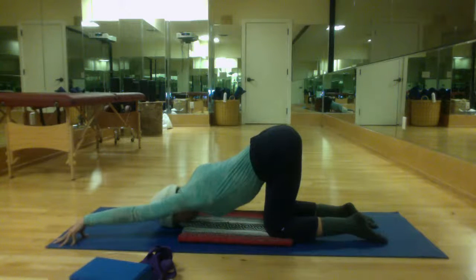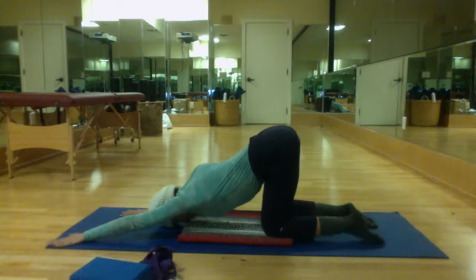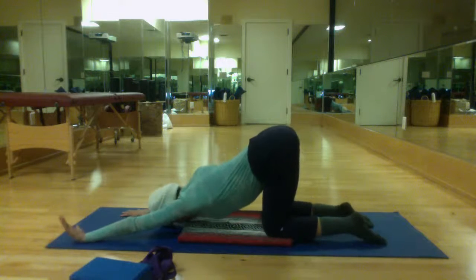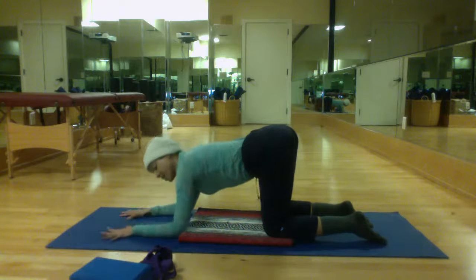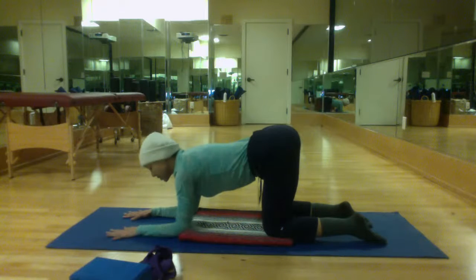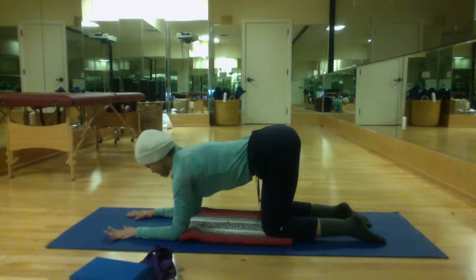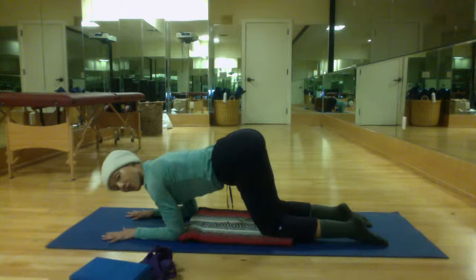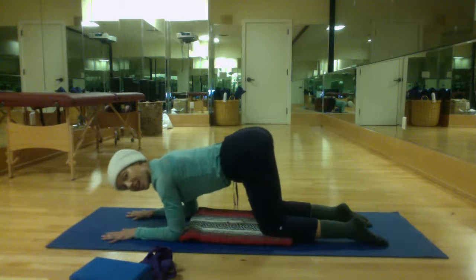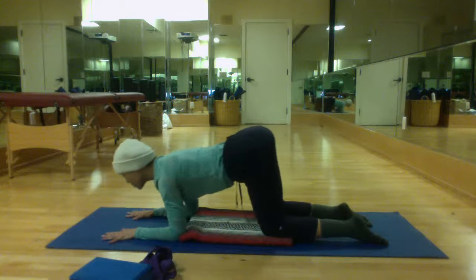Two more breaths. I'm going to flatten the palm, give it a little more of a reach through the fingertips. And release. Inhale up, slowly up. Bring the elbows in. We're looking for wrist and elbow alignment. Good. And now we're going to lean forward. That's it. And back. Lean forward